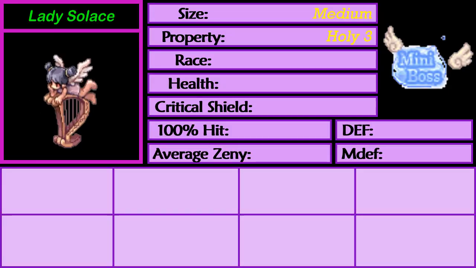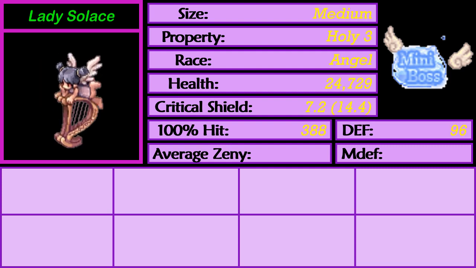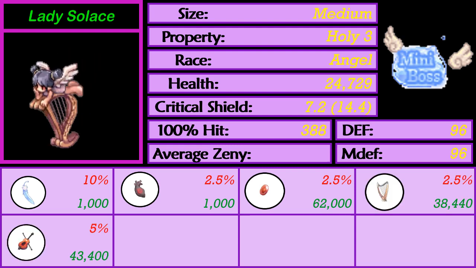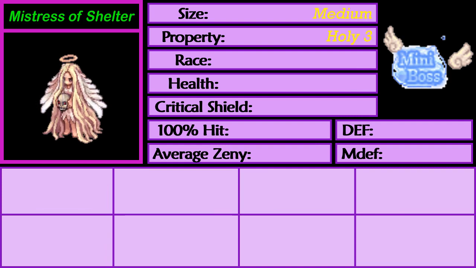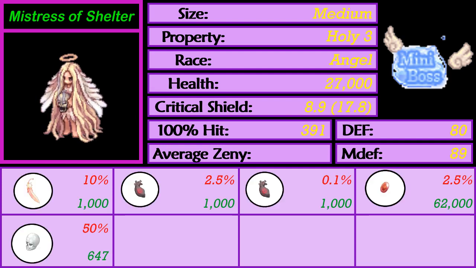Lady Solace are holy property angel monsters with 24.7k HP. Their important drops are Blue Feather, Cursed Seal, Stone of Sage, Harp, Crimson Violin, and Garnet. Their average Zeny per kill is 6,684. Mistress of Shelter are holy property angel monsters with 27k HP. Their important drops are Red Feather, Cursed Seal, Stone of Sage, Skull, and Pearl. Their average Zeny per kill is